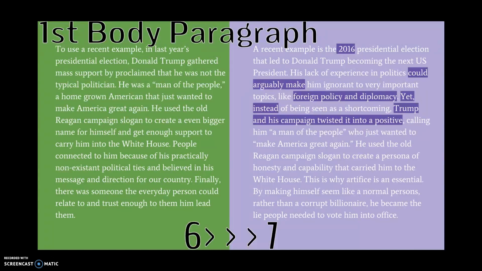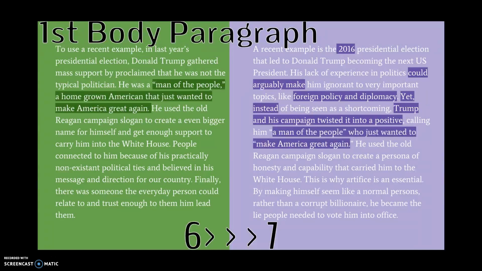And next up, we see the statement "Trump and his campaign twisted it into a positive," which shows the complexity of the argument where we have one perspective here and one perspective here. Now, you might be saying, well, it's all the same perspective because it's the same argument. You're right. This student is making their argument and they stick to it. But what they're doing is showing the subtle differences of how people could perceive what's going on. And that results in a more complex argument, which is what you need in order to make that jump to